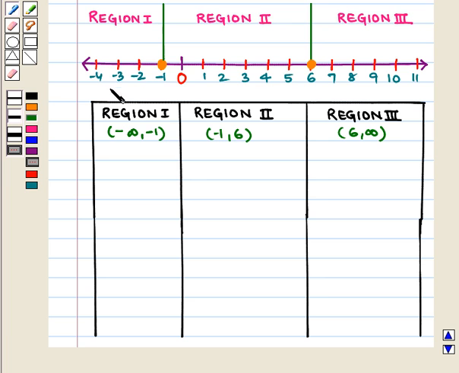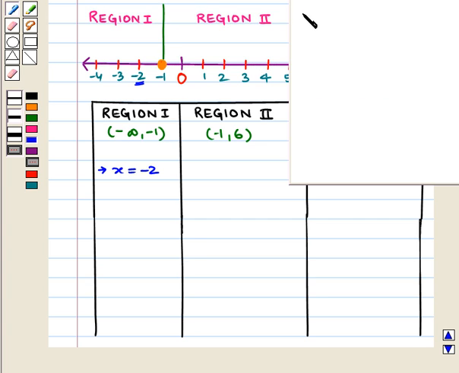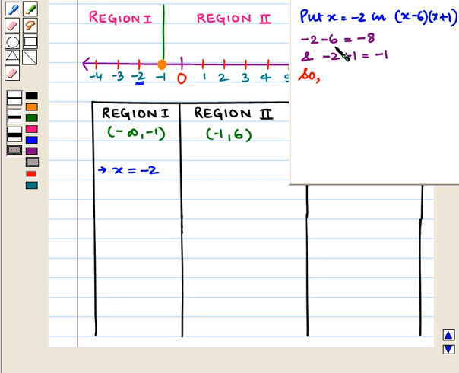Region 1 is (-∞, -1). Let us choose x = -2, which lies in this interval. We put x = -2 in the inequality (x - 6)(x + 1) and check its sign. -2 - 6 is equal to -8 and -2 + 1 is equal to -1. So,